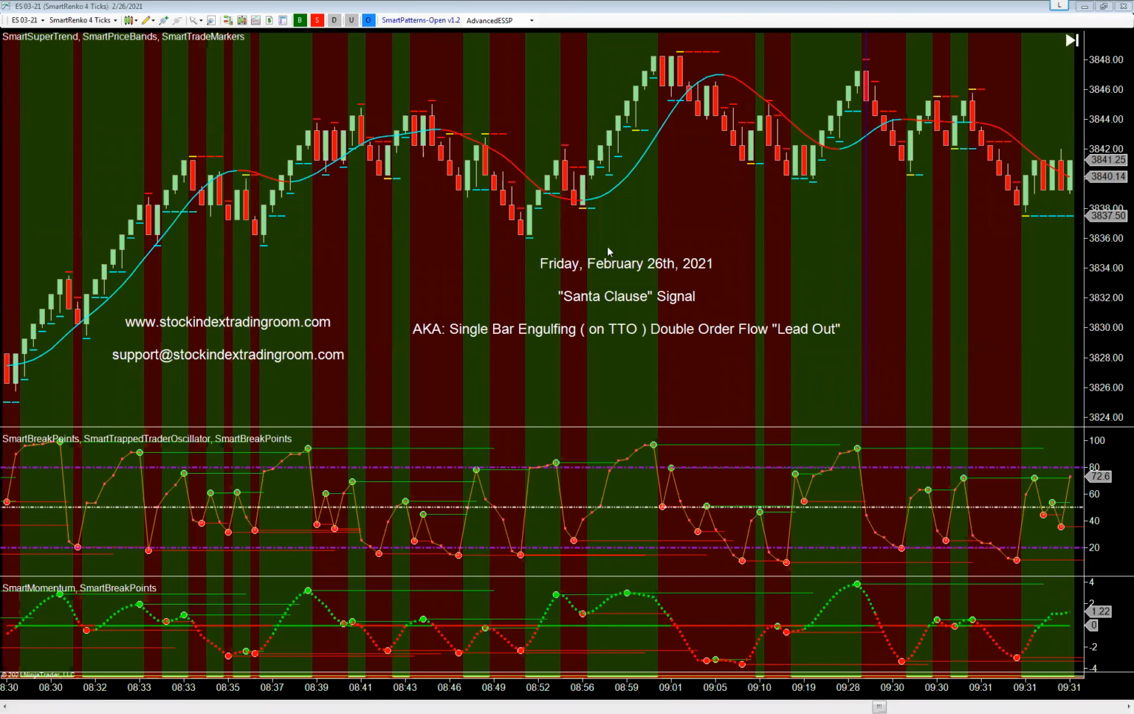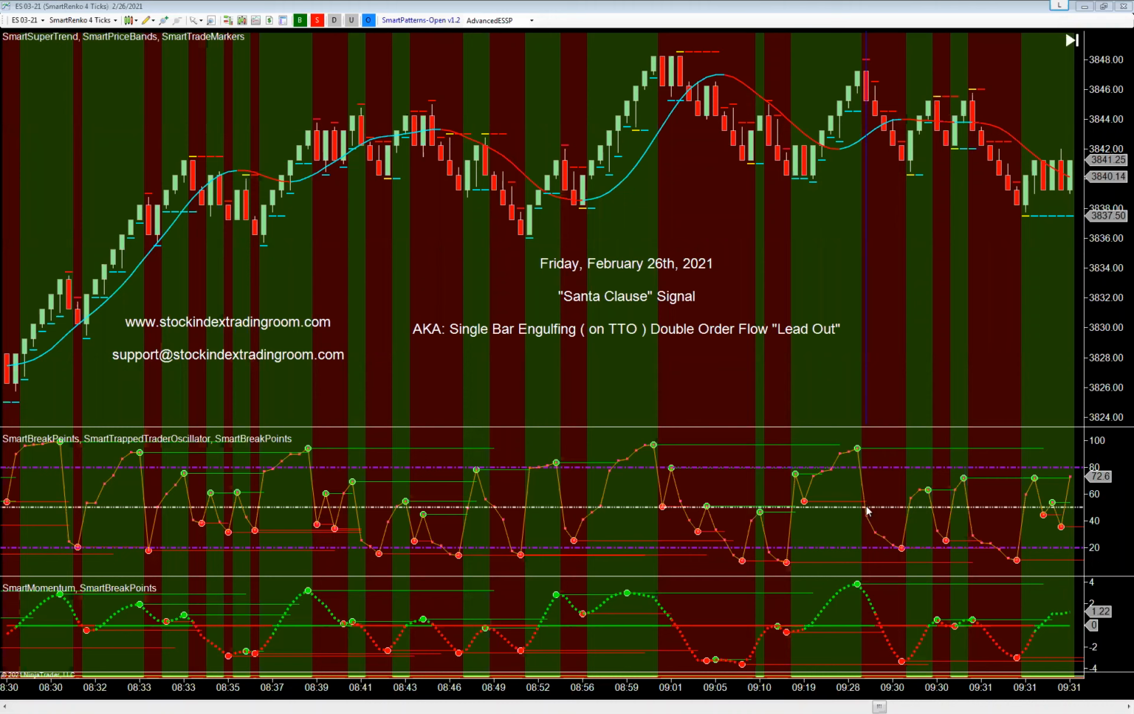Okay, so here we are, Friday, February the 26th. Our blue vertical line represents the open, and here's what we're looking for. We're looking for a situation when Trapped Trader Oscillator goes from anywhere but from our extreme. We call this Trapped Trader Oscillator in an extreme, or TTOX. When it's from an extreme and it fires back through